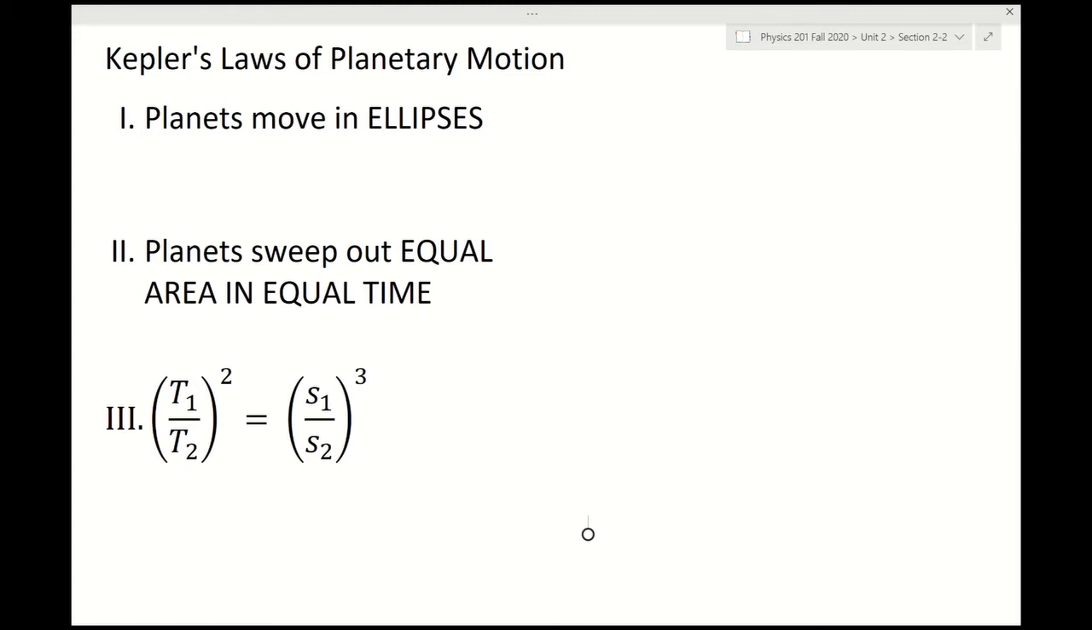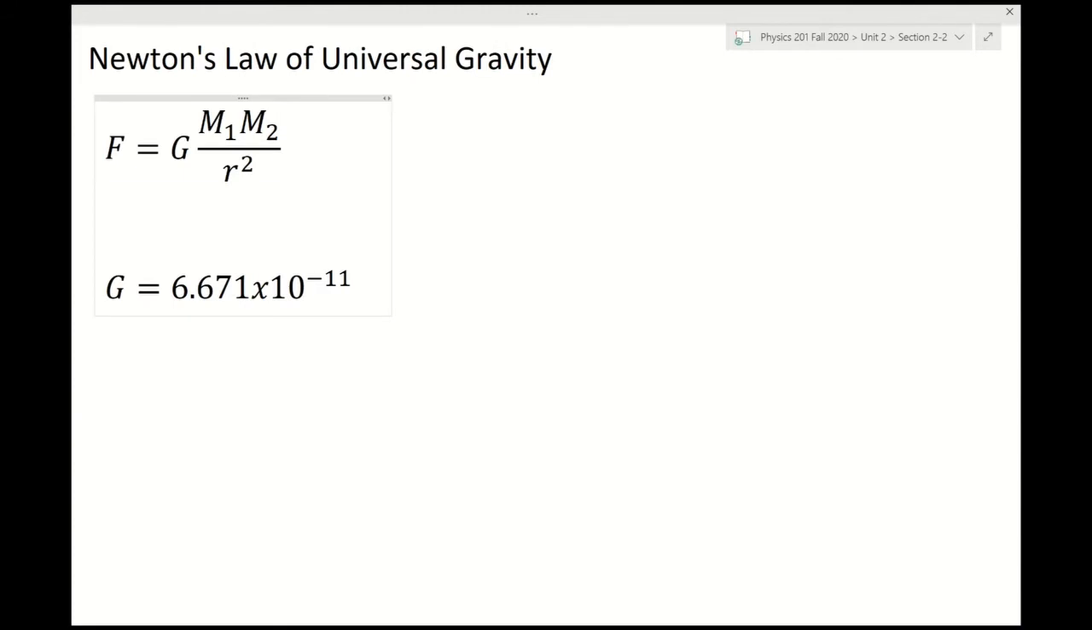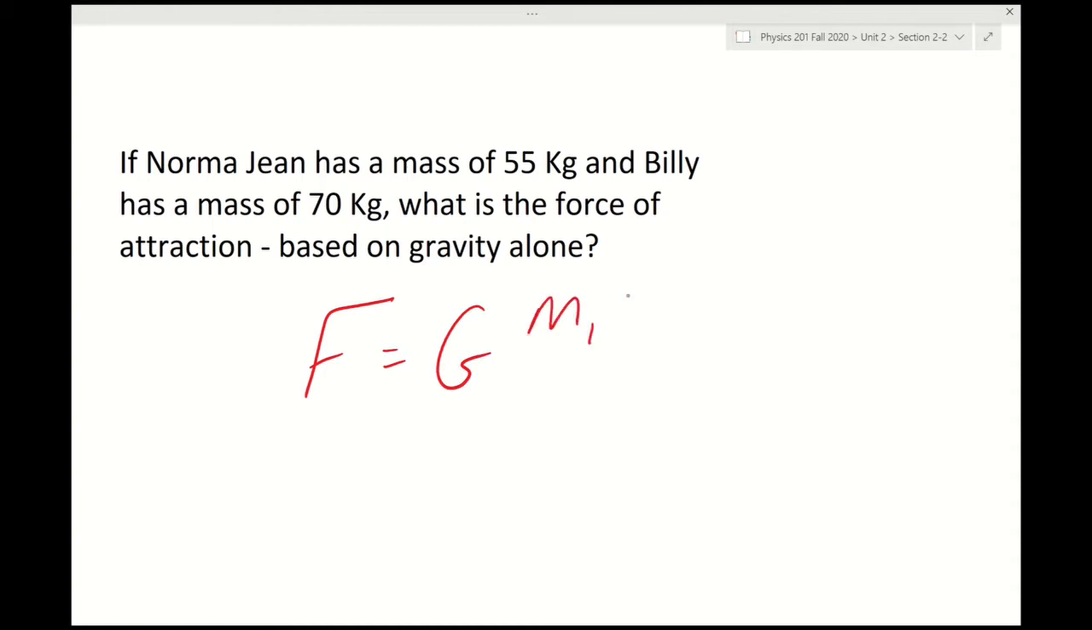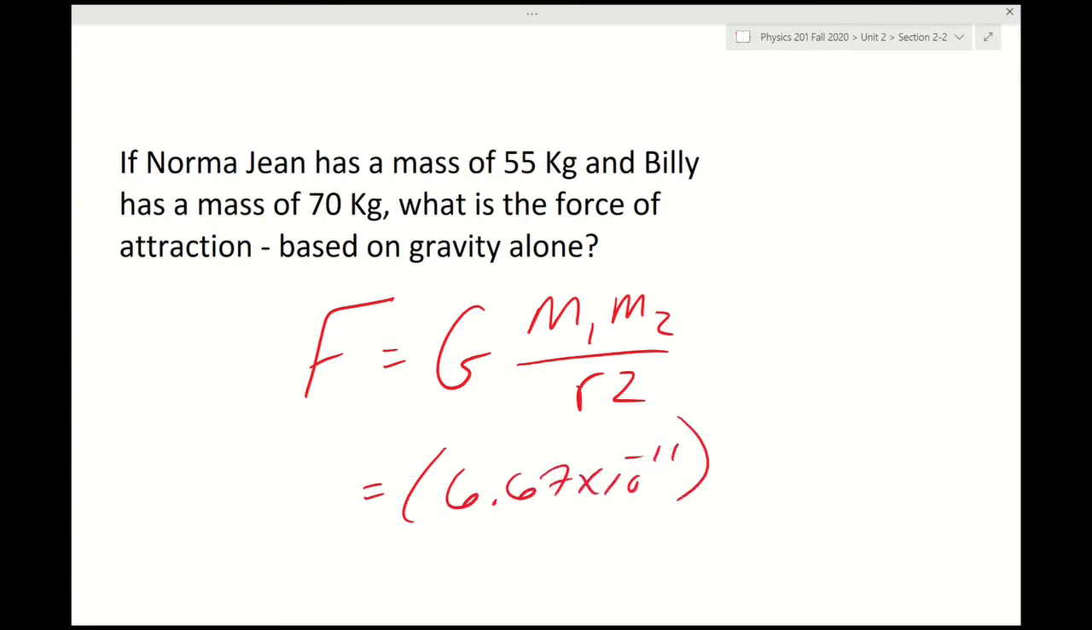So Norma Jean has a mass of 55 kilograms and Billy has a mass of 70 kilograms. What is the force of attraction based on gravity alone? Well, F is equal to big G m1 m2 over r squared. G is 6.67 times 10 to the negative 11th Newton meter squared per kilogram squared. 55, make my parentheses rather large, 70. All right, now, what we don't know is how close they are. So if we assume